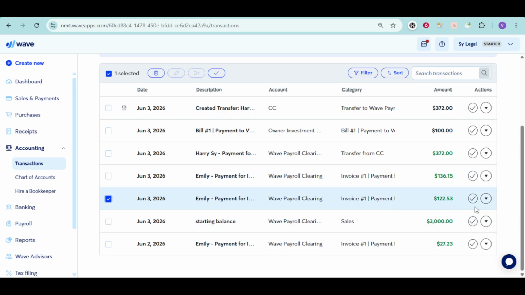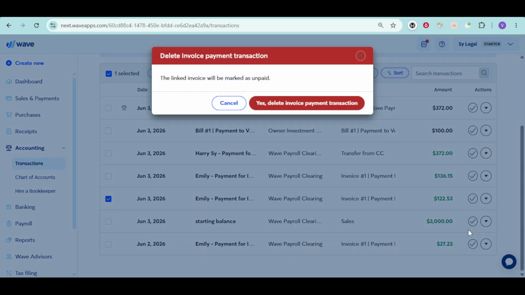Clicking on this icon will open a small menu that provides several options for managing the transaction. Among these options, you'll see Delete. Selecting this option will prompt a confirmation to ensure you truly want to remove the transaction. Once you confirm the deletion, Wave Accounting will remove the duplicate row, leaving you with a cleaner and more accurate